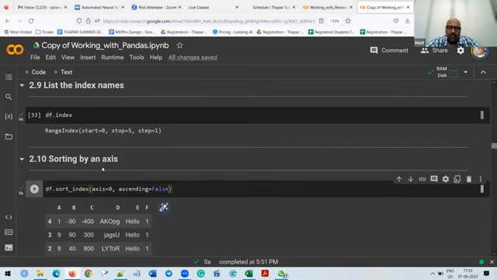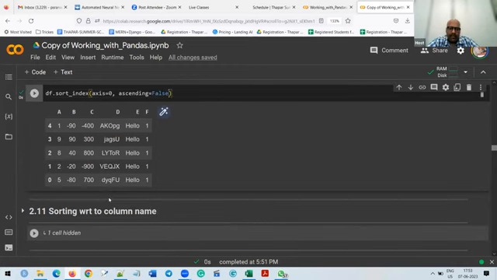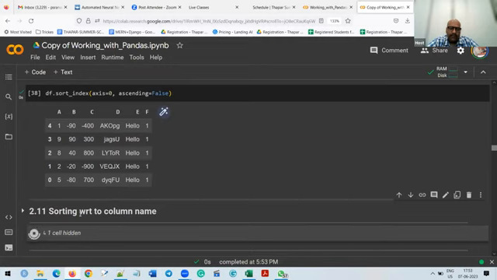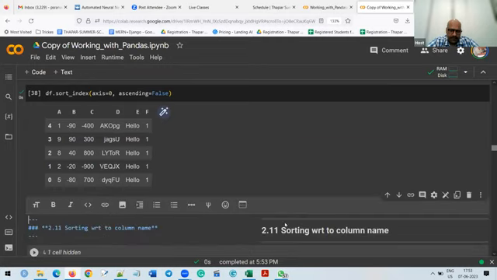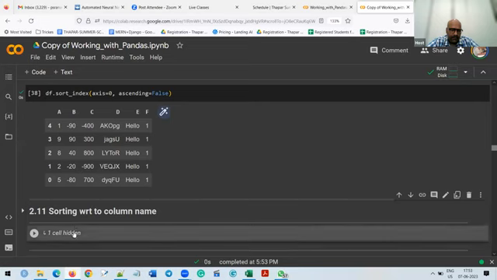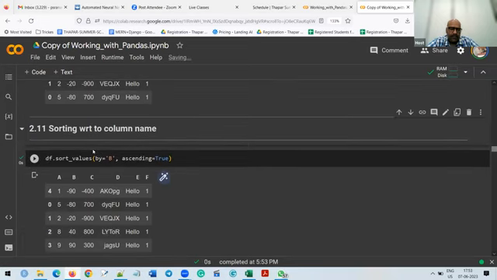चलिए, तो सॉर्टिंग बाय एक्सेस हो गया कि मुझे कॉलम वाइज सॉर्ट कर रही है या रो वाइज सॉर्ट कर रही है। ओके, नाउ class, this is very important, most important part of this pandas. I want to sort a column with respect to column values. Okay, so just see here,